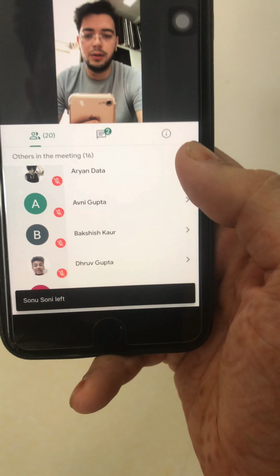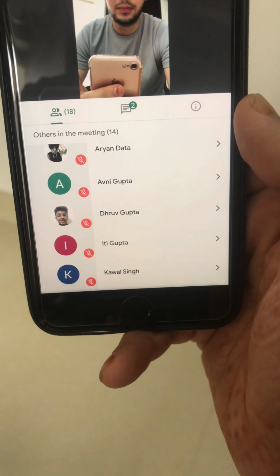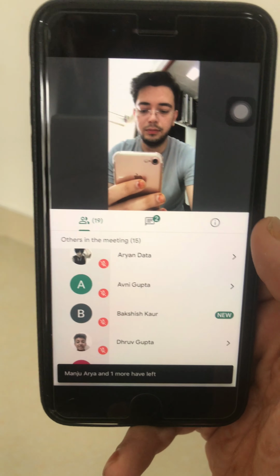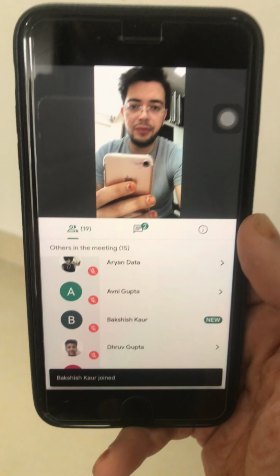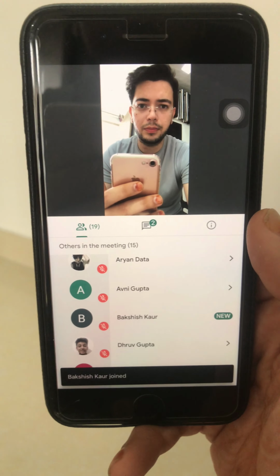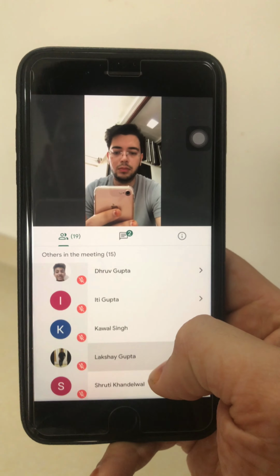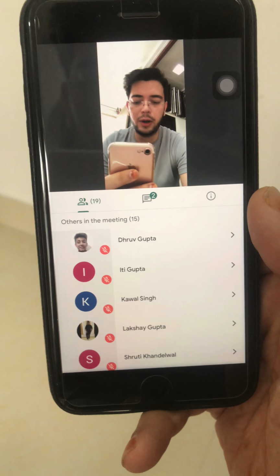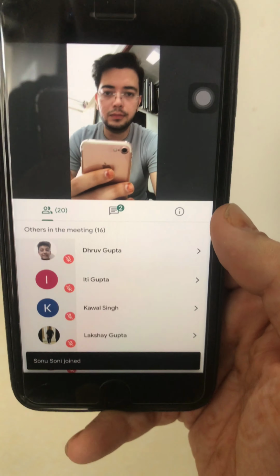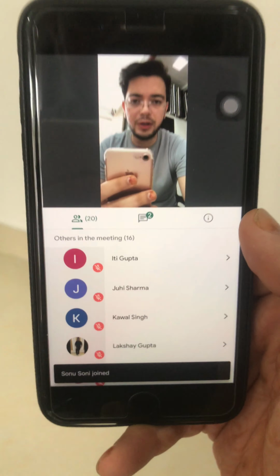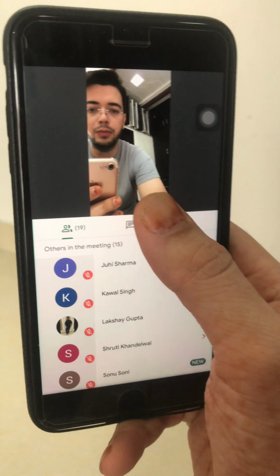Bakshish, if you can switch on your audio. Bakshish, is the video and audio clear to you? Dhruv Gupta, if you can switch on your audio. Yes, sir. Dhruv, is the video and audio clear to you? Yes, sir. Clear. Okay, you can now switch off the audio.